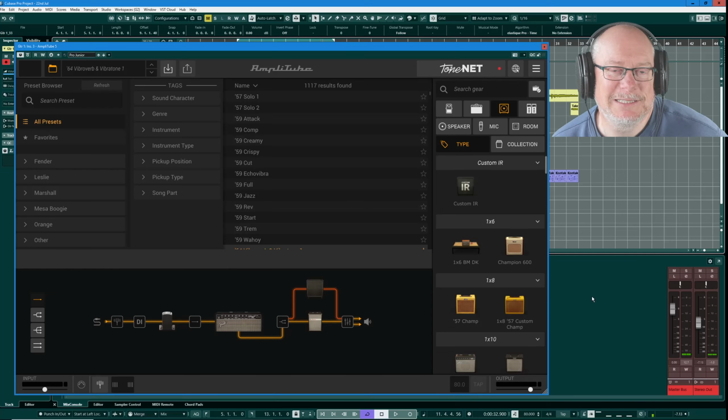Hello, I'm Anthony. Today we're going to have a look at amp modeling in Amplitube 5. And today we're going to have a look at a couple of main features. I want to talk about the preset browser because I think that's one of Amplitube's weakest aspects. And then we're going to go on to have a look at some of the configuration options for amp models